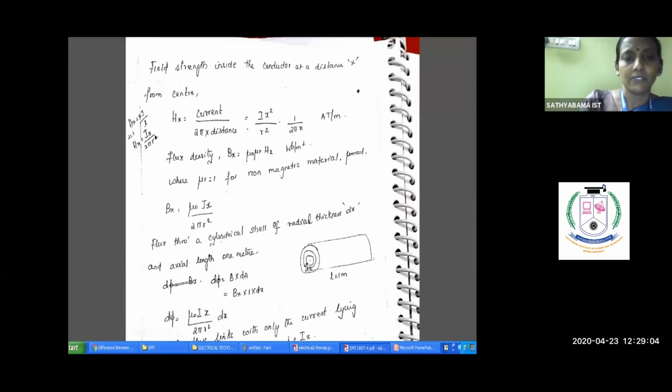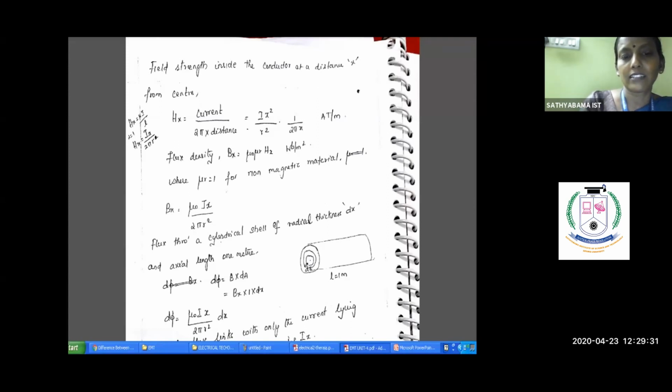And we'll just go over the flux density now. The flux crossing that, once again you consider the structure of the conductor to be a cylindrical one, as your transmission line conductors are cylindrical. Let us take the radial thickness to be dx, see the diagram, and the length to be L. So I am considering length here as 1 meter.